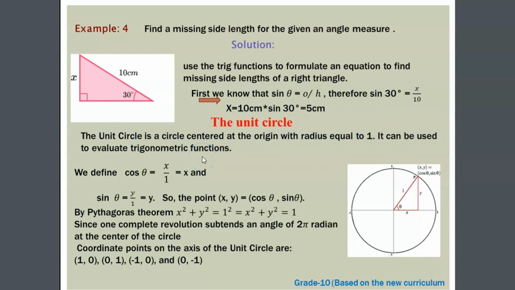Not can be used, but it is used to evaluate trigonometric function. ስለዚህ trigonometric function okay, evaluate ለማድረግ የአንግሎችን ትሪግ ቫልዩ ዲተርማይን ለማድረግ ዩኒት ሰርክል ነው በመጠቀም ዲተርማይን እንዲሆነው። ስለዚህ ስለሱ ማየት ያስፈልገው ለዛ ነው።